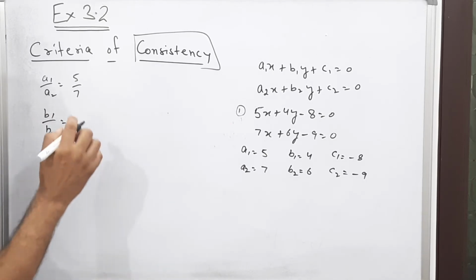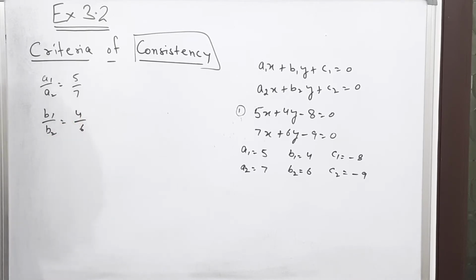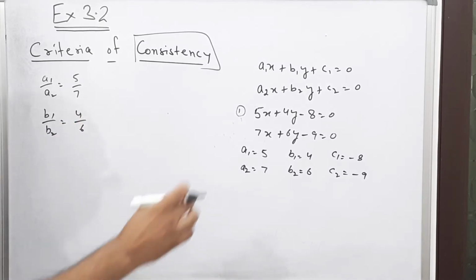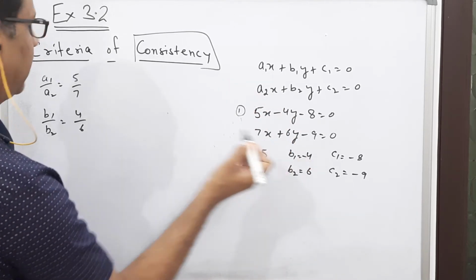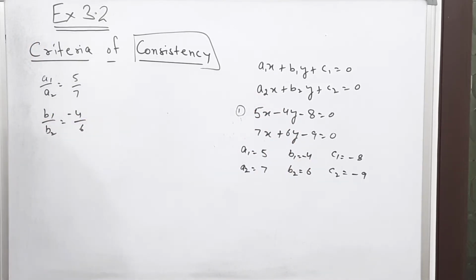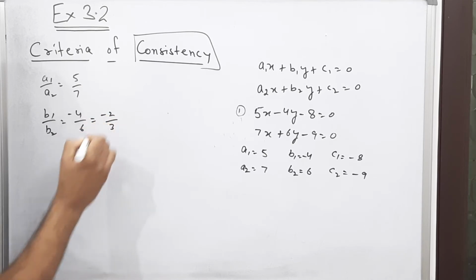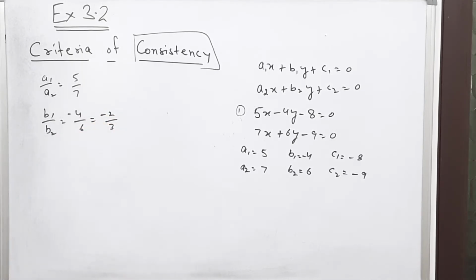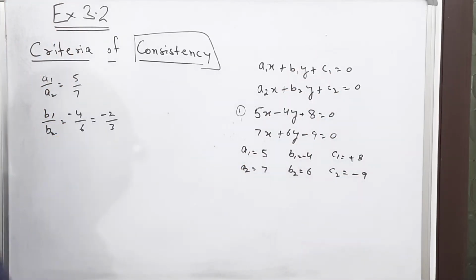So B1 upon B2 is 4 upon 6. That is the second part. In the book it is written here minus 4, so I am taking minus 4. So it will be the same problem as it is given in the book. So minus 4 upon 6, which can be written as minus 2 by 3. I hope this part is clear. And this is the plus here in the book, so I take the plus 1. First I took from my side, so it will match the book now.